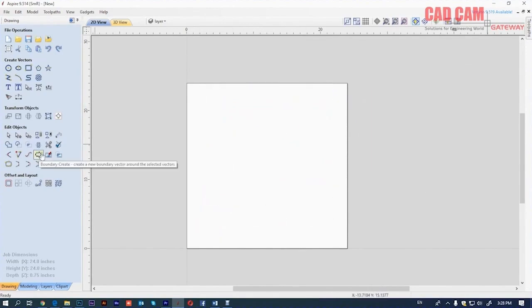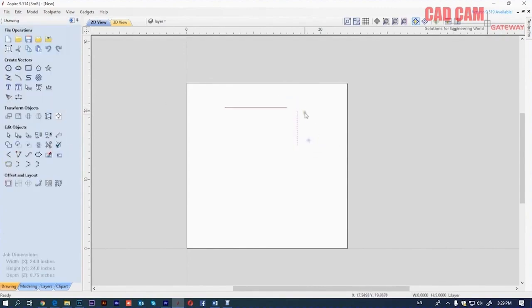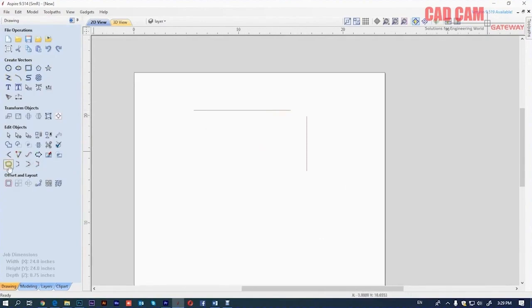We've already studied the join command, and you've already learned about it. There are 3 more commands that we will discuss here. Look, here is one line, and along with it, I am creating another line. Now there are these 2 lines, and if you want to connect their ends together, I selected the join command. What's the difference here? If you select both objects and use the join command, it will connect the closest ends of both lines